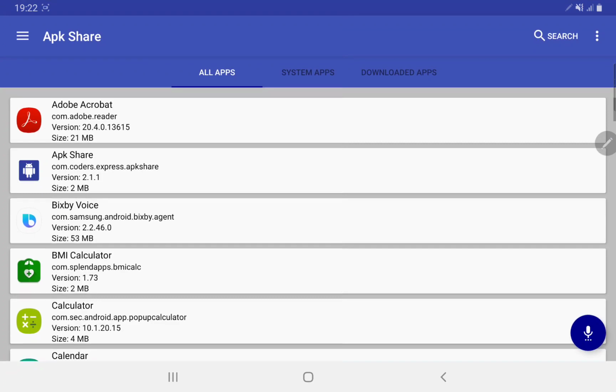So overall, this is a great application, and the most important thing is that it is a made in India application. So it is a really great application. We must download this application as much as possible, and use the made in India application APK Share as much as possible.